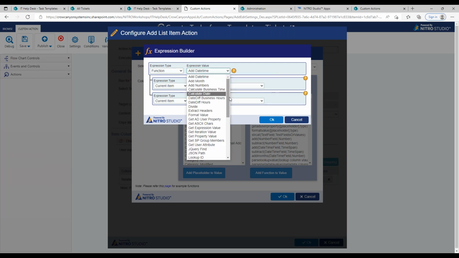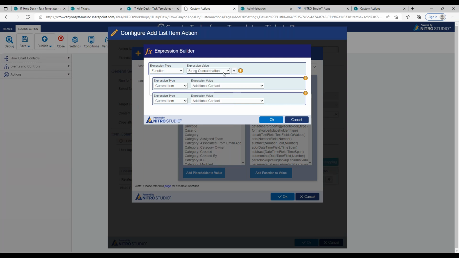This particular function, of course, for a task name, what I want to do is a string concatenation. You'll see you got that plus button that shows up. So now you can add new fields in there if you want. So then